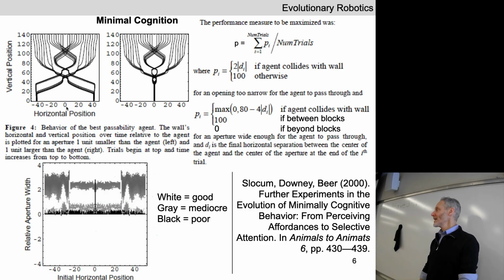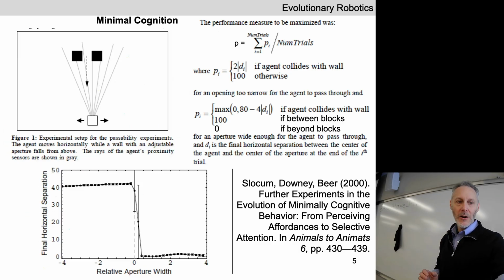Or at least you want it to get out of the way. Doesn't have to move left and right. Could always have moved to the left, could always have moved to the right. It's just what happens in this case. Question? Does it have to get under the object pair to know the distance? Is that why it's going under? Great question. So I haven't given you enough experimental details to answer that question, which is how far